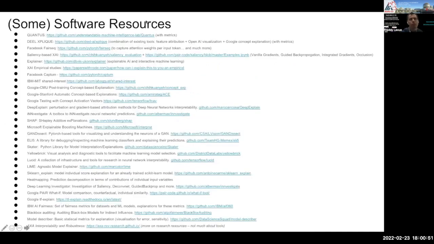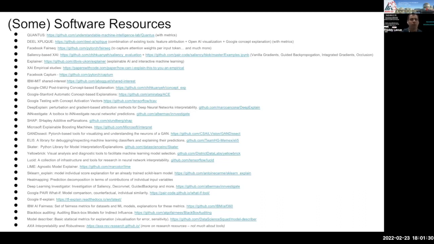And here is the list of tools. I keep adding things on a timely basis to see any new work, and there are many more coming up. Now I think having GitHub source code for a published paper is kind of a must nowadays, especially if you want it to be reproducible. So I think you'll see more and more tools, but here I list some of them, from the top usual suspects: Google, Facebook, Amazon, IBM,